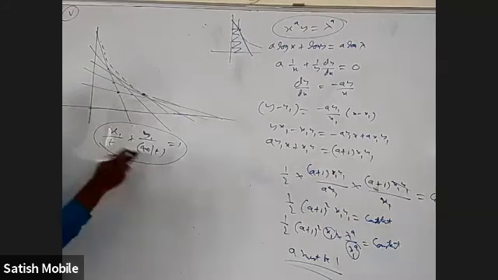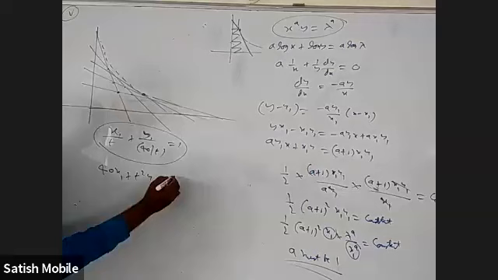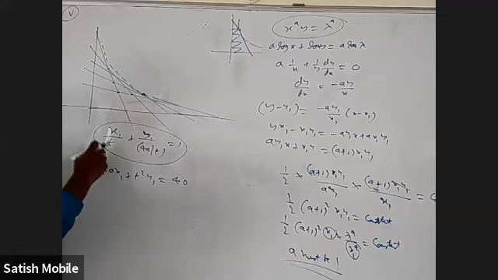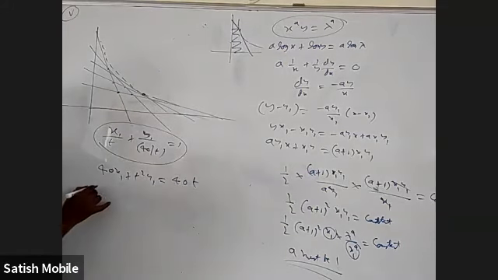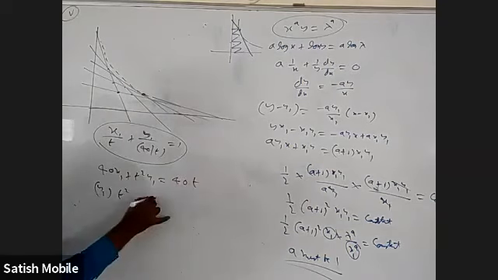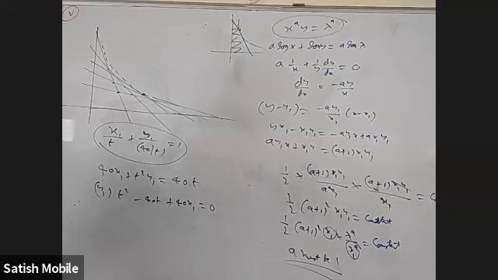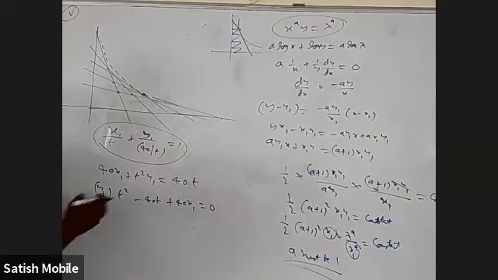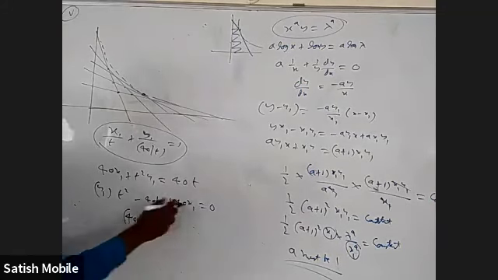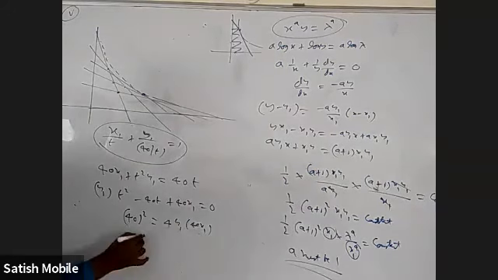This t will go up, and I'll do cross multiplication. I'll be getting 40x1 plus t square y1 is equal to 40t. Thank you. So now when you bring it to one side, in the quadratic equation y1 is the coefficient of t square, and then minus 40t plus 40x1 equal to 0. Now I want b square to be 4ac for this. What is b square? 40 whole square equal to 4ac, 4 into y1 into 40x1. So xy equals 10.